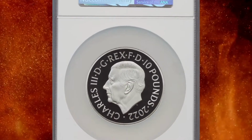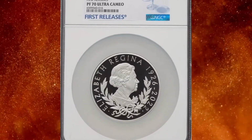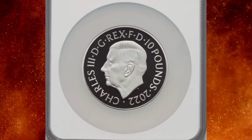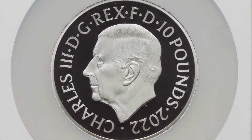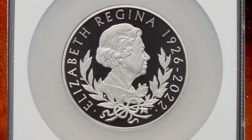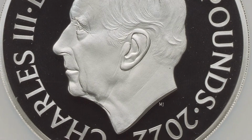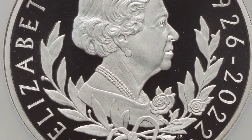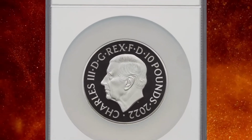Number 18. 2022 Charles III Silver-Proof Queen Elizabeth II Memorial 10 pounds, graded as PR70 Ultra Cameo by NGC. Ultra Cameo or Deep Cameo is a term used to describe a specific type of proof coin finish that exhibits an extremely high level of contrast between the design elements and the background of the coin. Proof coins are carefully struck multiple times on specially prepared planchets using polished dies, resulting in highly detailed and reflective